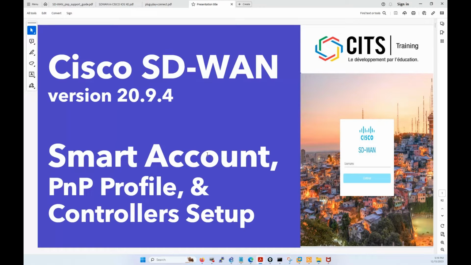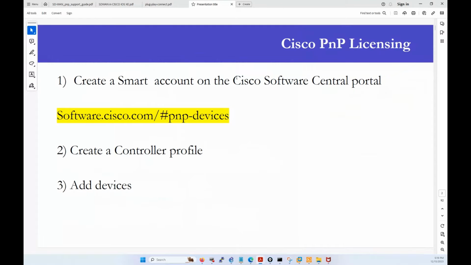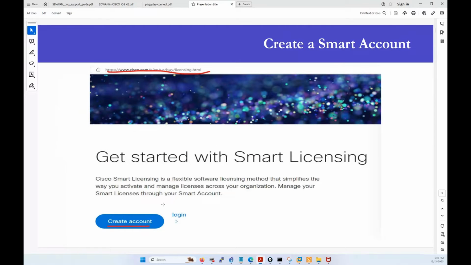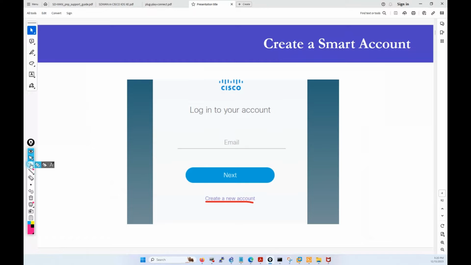scratch. So the first step, you need to go to the Cisco Software Central portal and create a smart account. So two things: if you have an account with Cisco, you don't need to create an account. Okay, you're just going to log in. But if you don't have an account, you need to create an account. So here, if you have an account, you log in as usual. You put the email, but you're going to log in from the